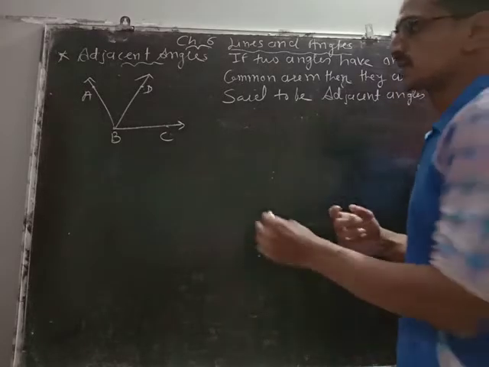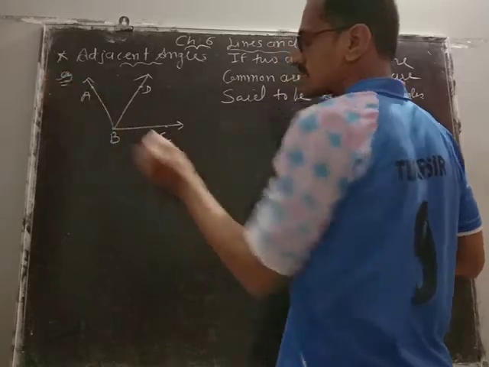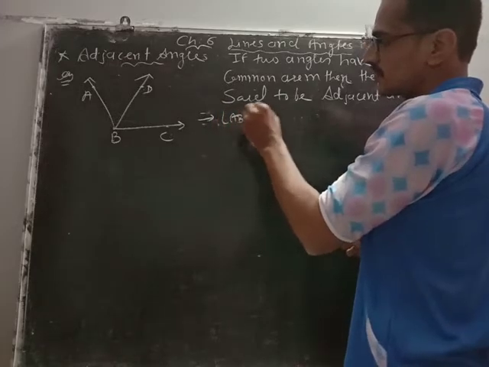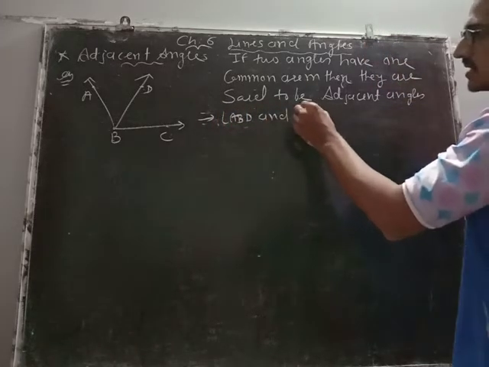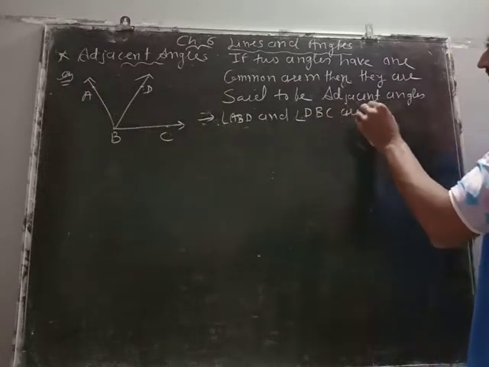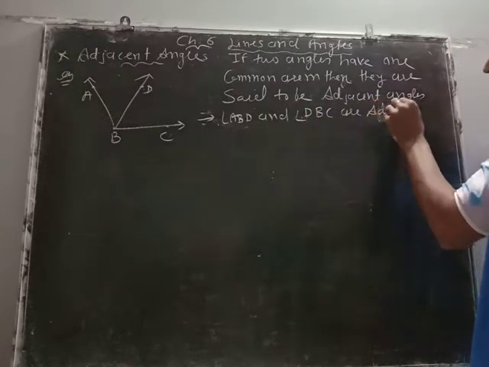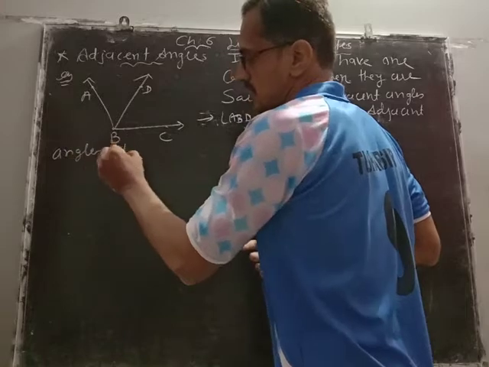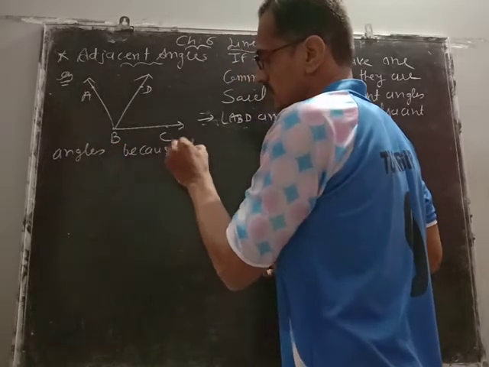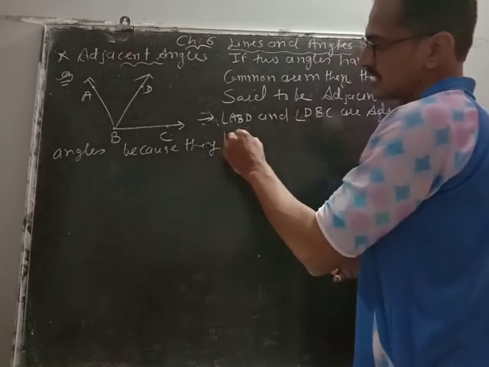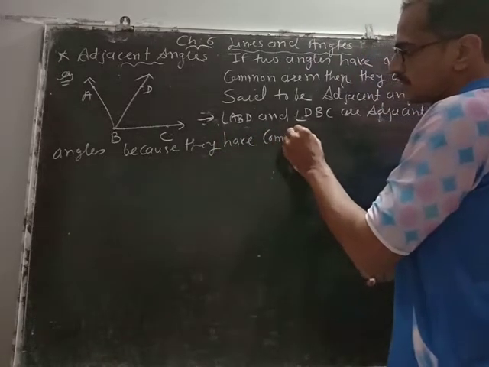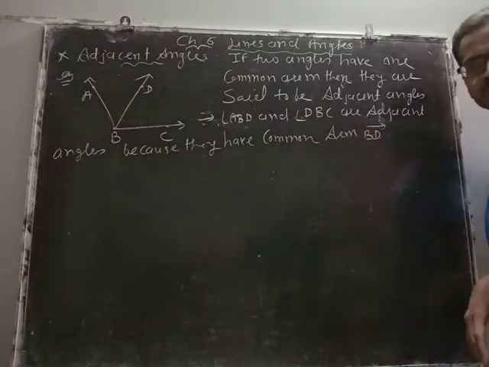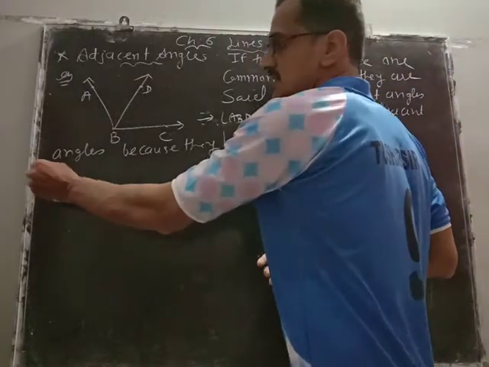Okay, so here angle ABD and angle DBC are adjacent angles because they have common arm BD. Okay, next is